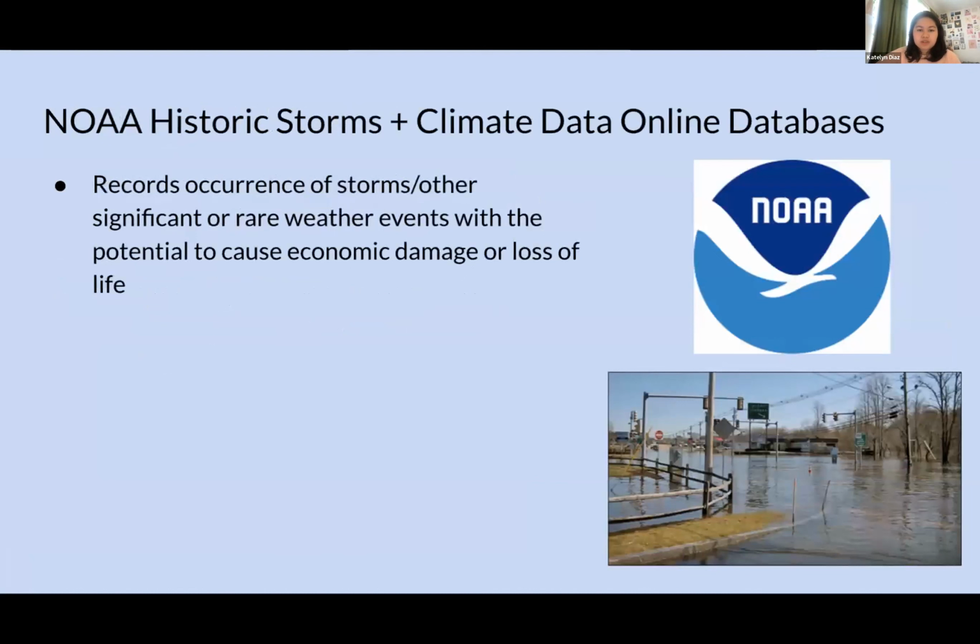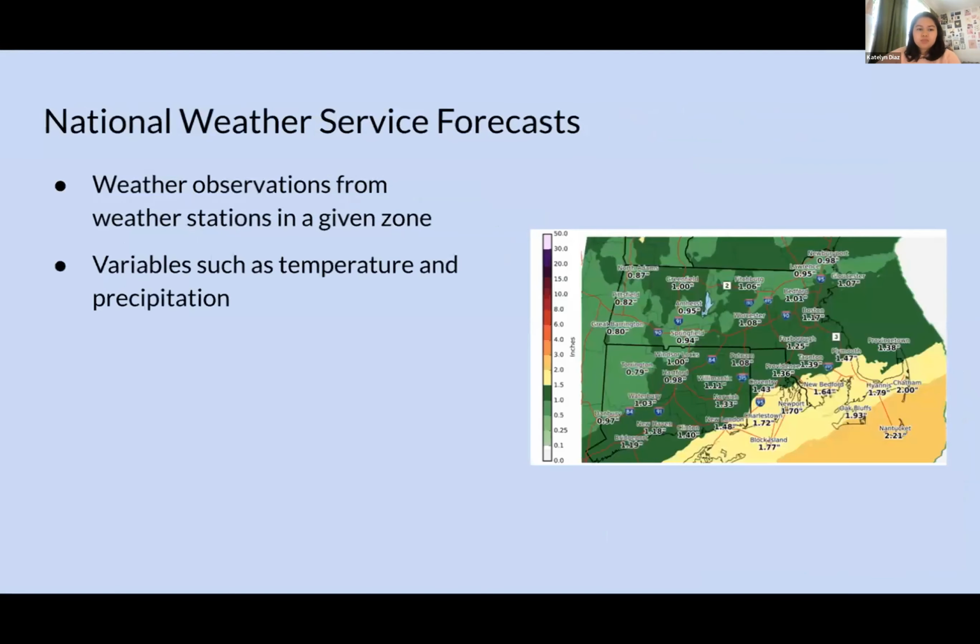The NOAA Historic Storms and Climate Data online databases, they record occurrences of storms and other significant or rare weather events with the potential to cause economic damage or loss of life. The National Weather Service forecasts are weather observations from weather stations in a given zone, and there are variables such